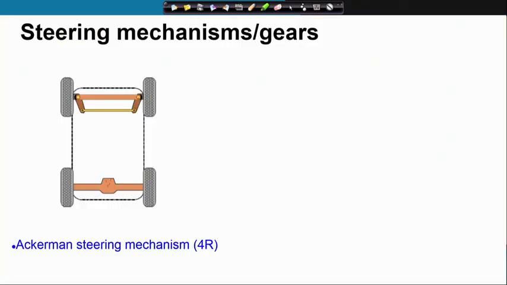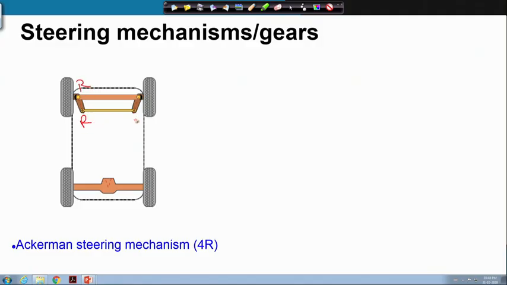So, what is this Ackermann steering mechanism? You have seen it before. It is a 4R chain. So, R, R, R, R. This is quite simple in construction, as you can see,